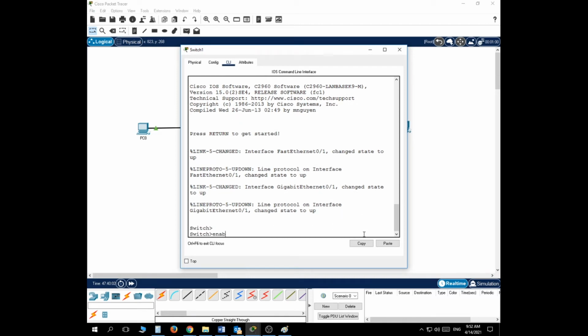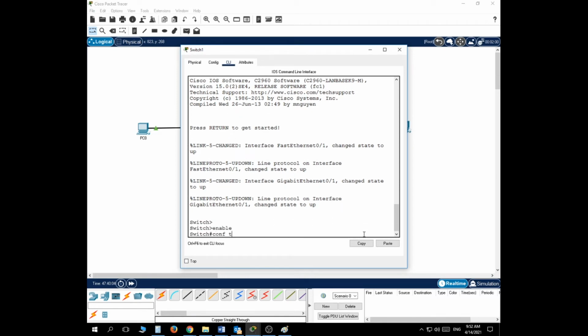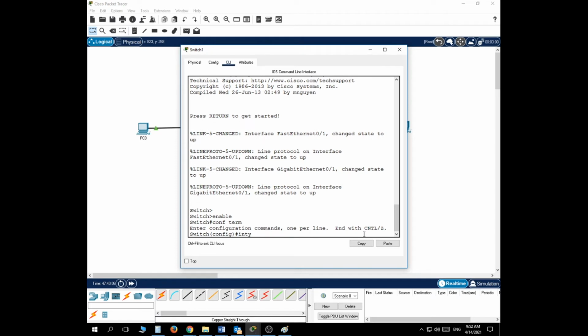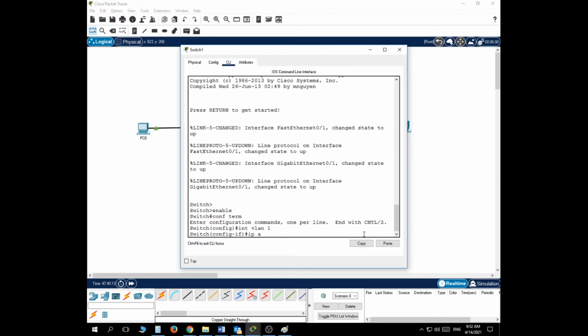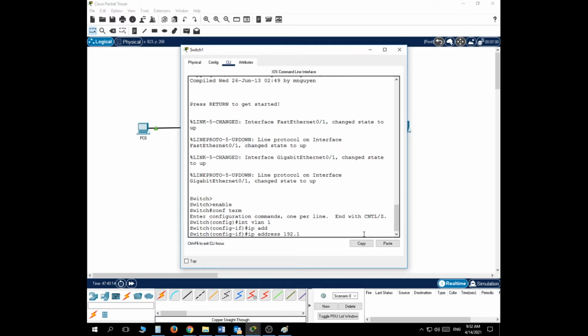So enable, configure terminal, interface VLAN 1, IP address 192.168.200 dot. What was the VLAN for switch 1? It was 46, sorry. And then the default subnet mask is